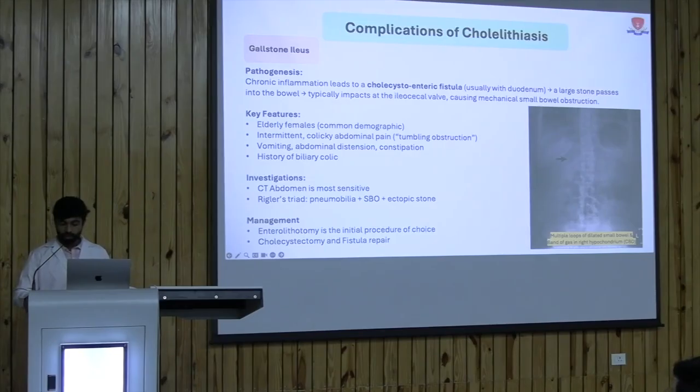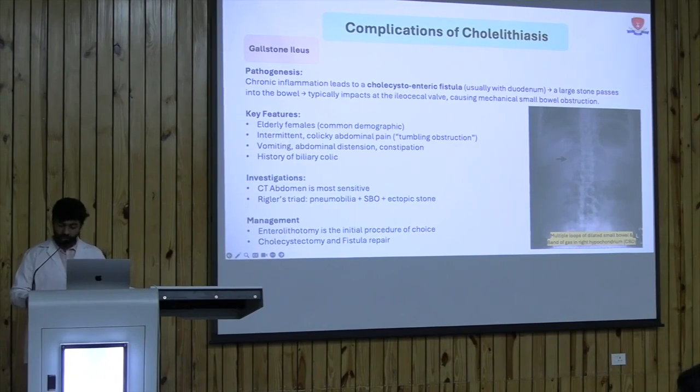It's a condition that arises from chronic inflammation which creates a fistulous connection between the gallbladder and the intestine, also known as a cholecystoenteric fistula. Large stones may pass into the bowel through this fistula, causing mechanical obstruction, most commonly at the ileocecal valve. It primarily affects elderly people and presents with vomiting, abdominal distension, and an intermittent colicky pain, which is also described